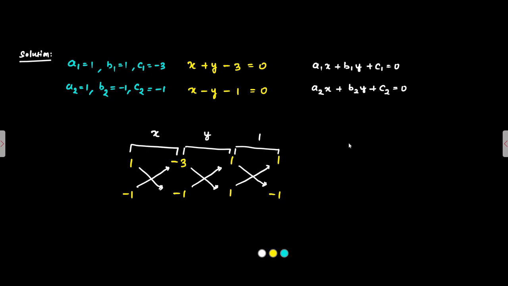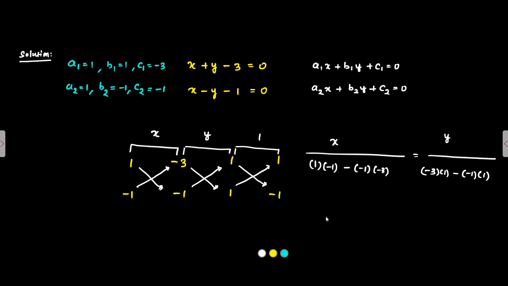Okay, so the solution is x by 1 into minus 1 minus 1 into minus 3 is equal to y by minus 3 into 1 minus 1 into 1 is equal to 1 by 1 into minus 1 minus 1 into 1. So that implies